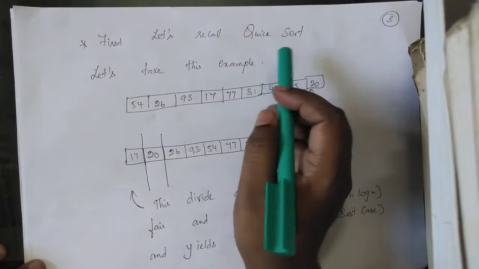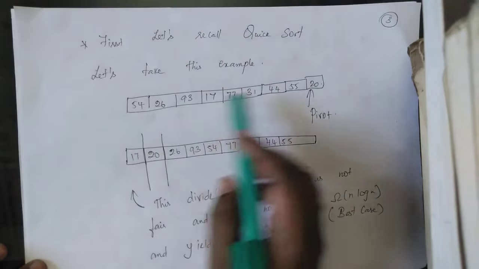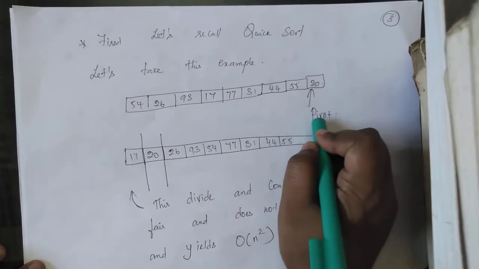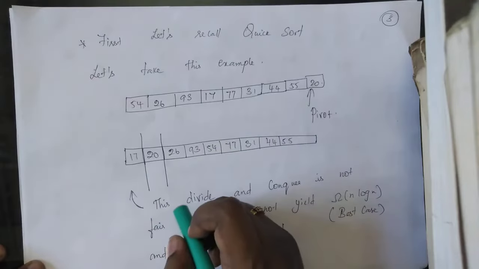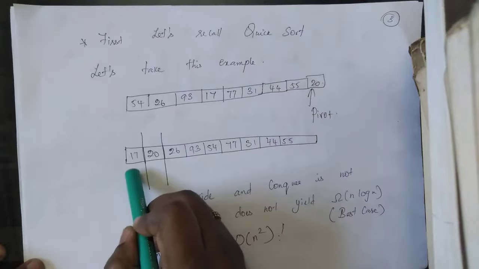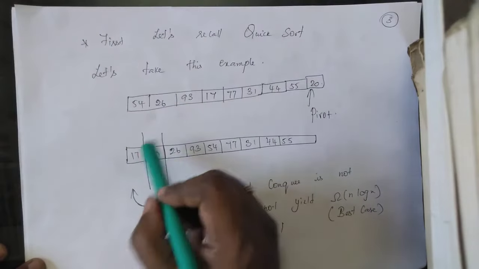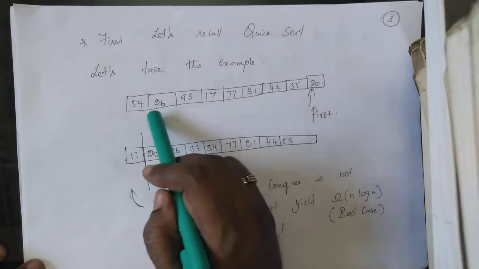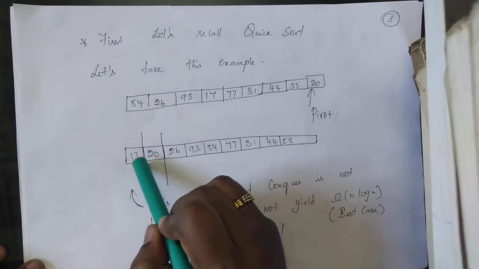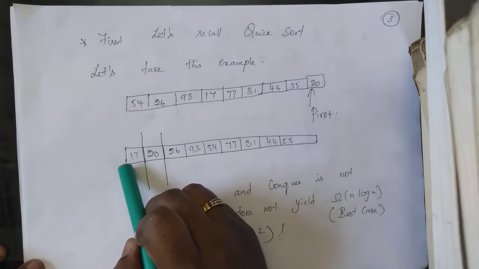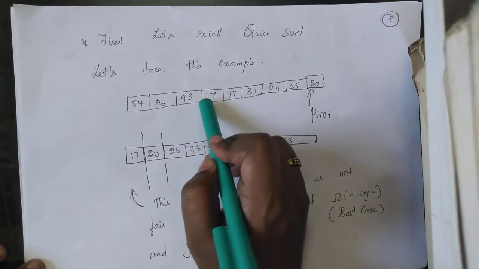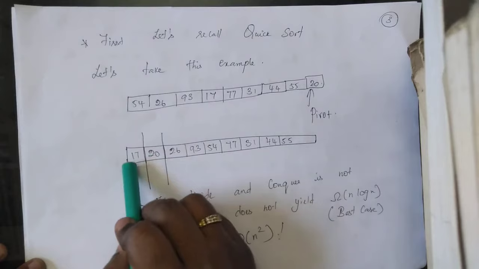First we will recall the deterministic quicksort. Let's take this as an example. If you remember, we had always taken the last element as pivot. The first element can also be taken as a pivot. What happens in the deterministic quicksort is that we scan through the elements in the first iteration. All the elements that are lesser than the pivot, which is 20, will be moved to the left of this pivot. The only element less than 20 is 17, and it is moved there.